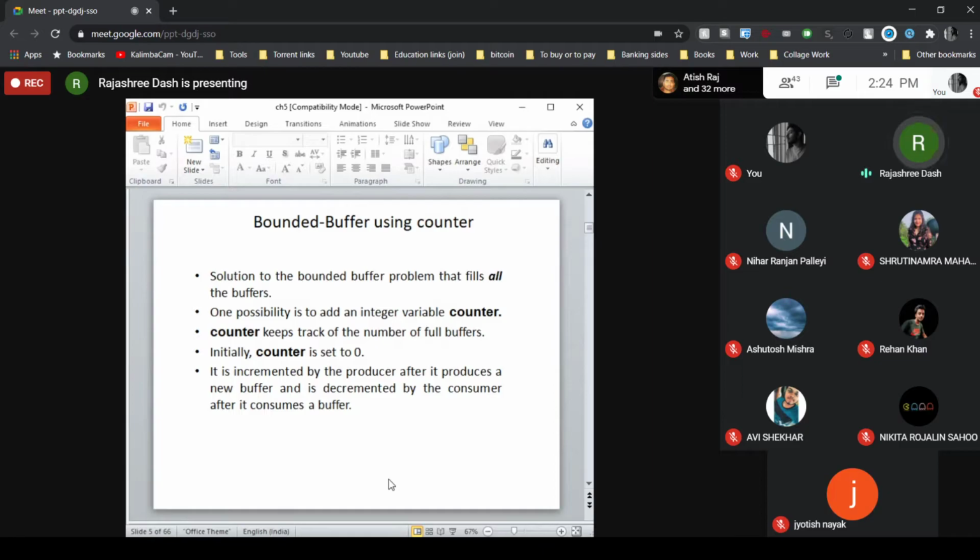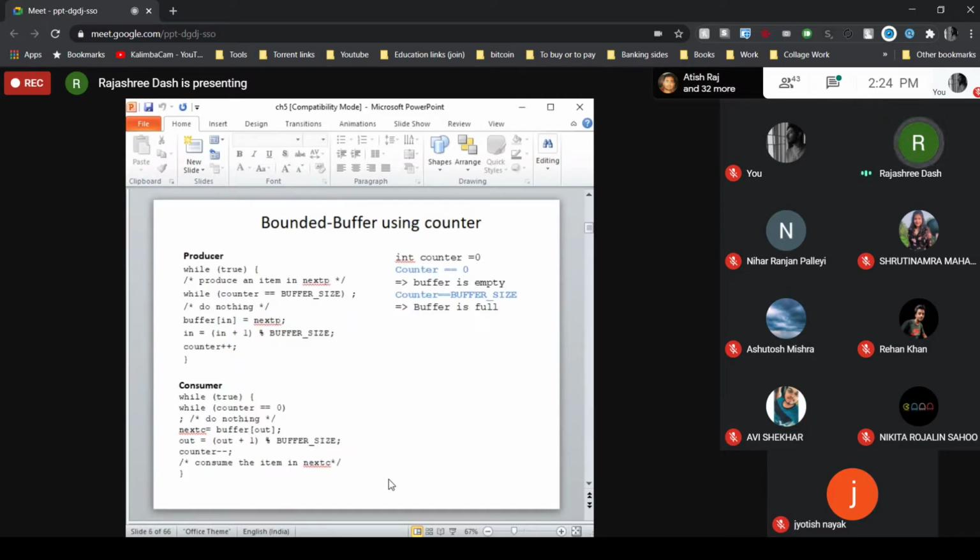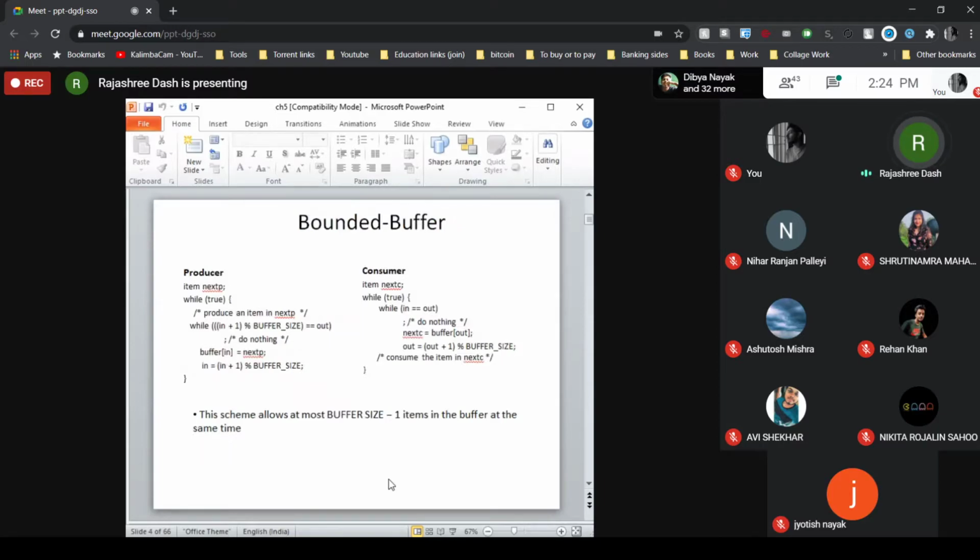So now just carefully check the solution to the bounded buffer producer consumer problem using counter. The changes we have made are these: previously, in plus 1 modulo buffer size equal to out was considered as the condition that the buffer is full.